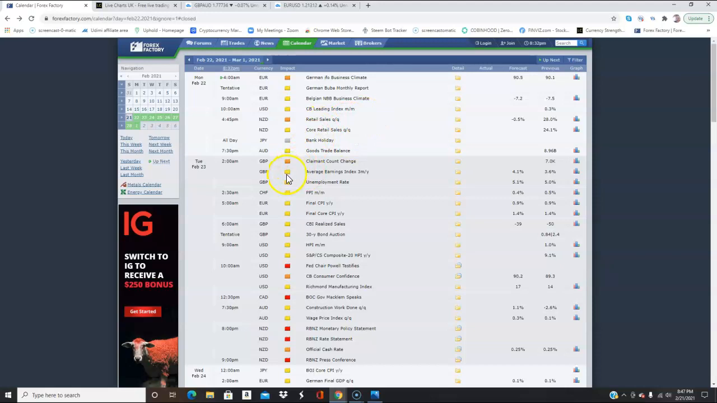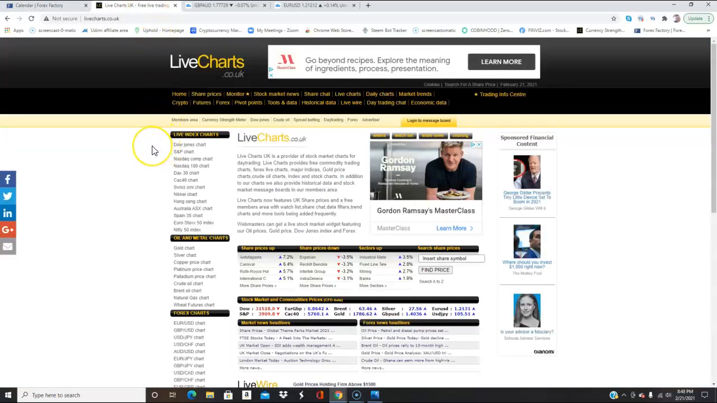Now, the second part of fundamental analysis that I personally pay attention to, that we pay attention to, is going to be currency strength. And I'm going to find currency strength at livecharts.co.uk. And again, this link will be dropped in the description section below. That way you guys can go ahead and use this livecharts.co.uk